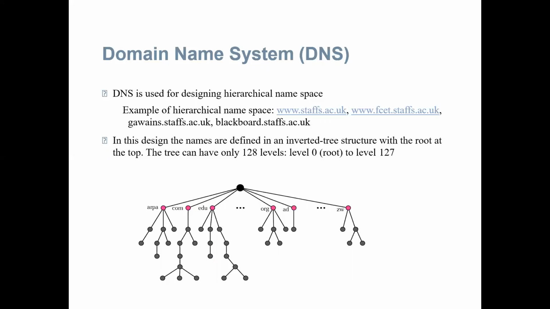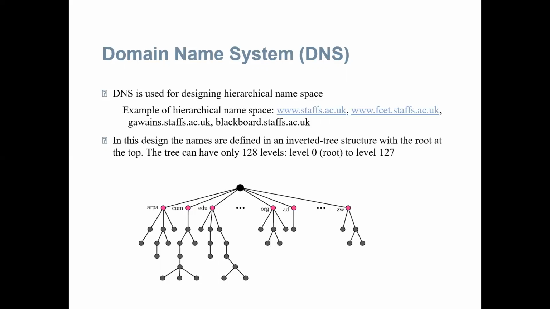In a flat namespace, a name is assigned to an address. A name in this space is a sequence of characters without structure. The names may or may not have a common section. If they do, it has no meaning. The main disadvantage of a flat namespace is that it cannot be used in a large system, such as the internet, because it must be centrally controlled to avoid ambiguity and duplication.